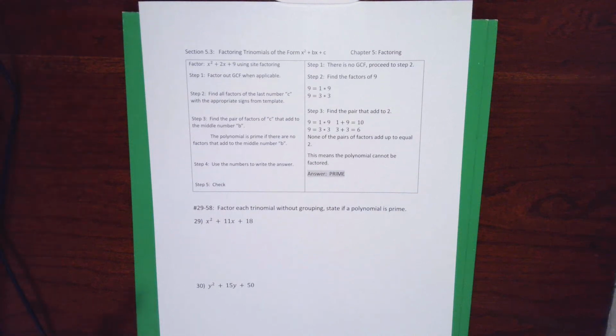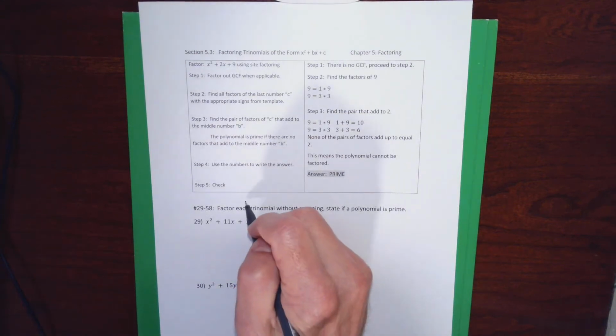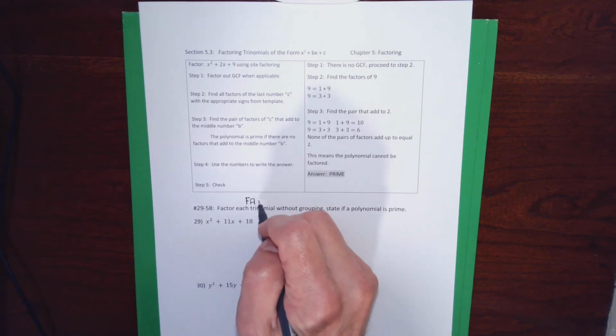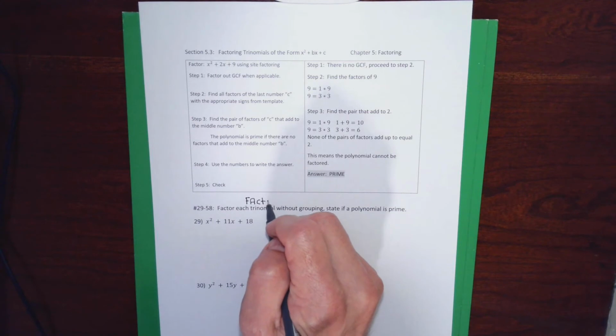So this is going to be the second of three parts, and the kinds of problems that I'm going to factor are exactly the same in the second part as in the first part, but instead of using grouping, I'm going to factor by inspection factoring. So the strategy that we did for problems 1 through 28